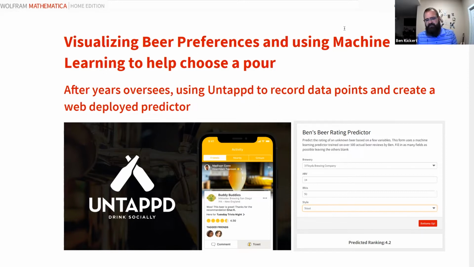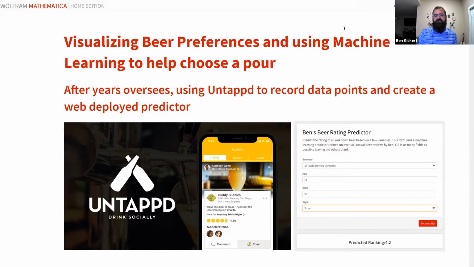So I turned to an app called Untapped, which allows you, if you try something new, to say, this is what I think of it, this is the rating, here are some notes on it. At the end of my first year, I had recorded data on over 500 different beers that I had tried or purchased. Looking at the structured data available to me, I wanted a more in-depth analysis of what I'm interested in so that I can understand my preferences better.